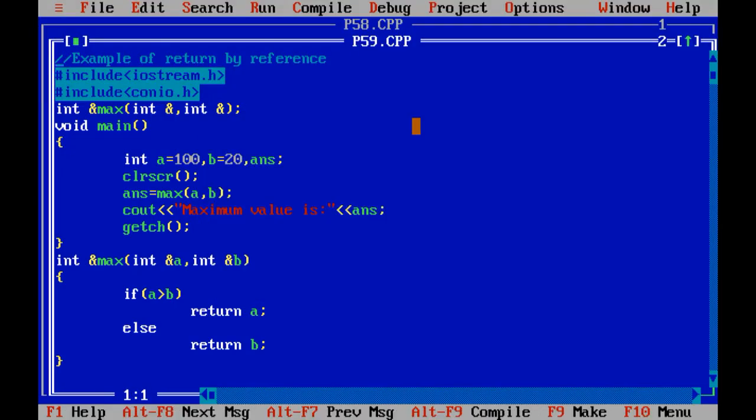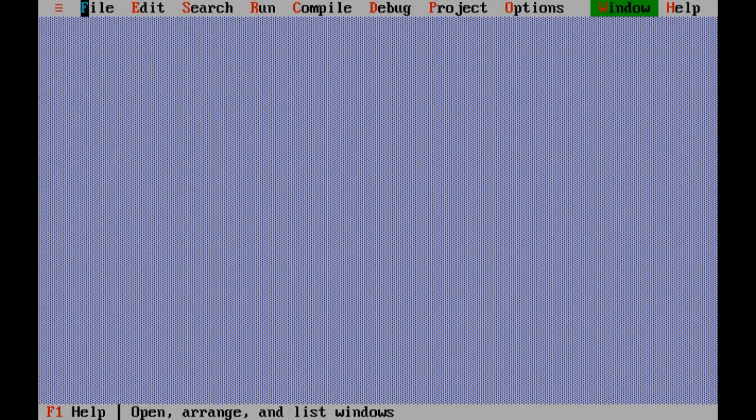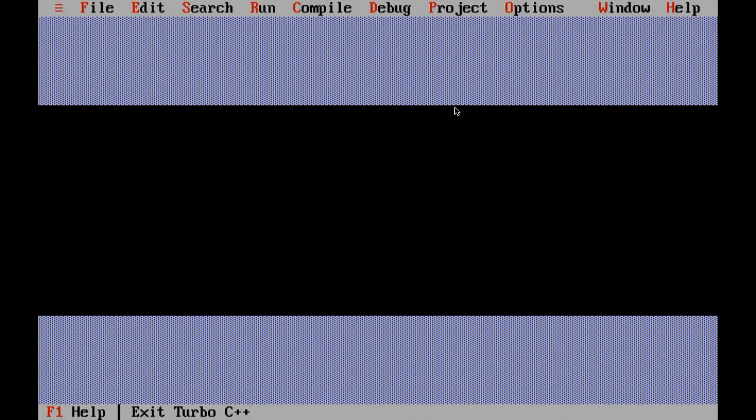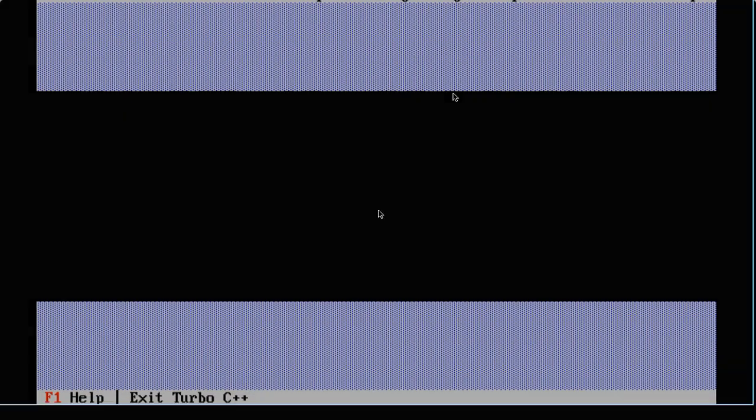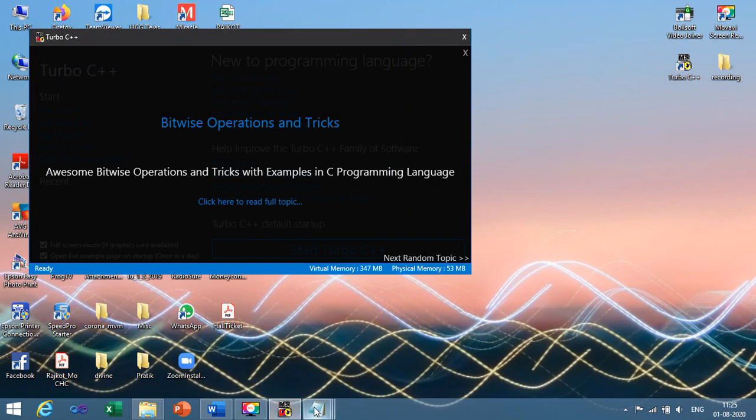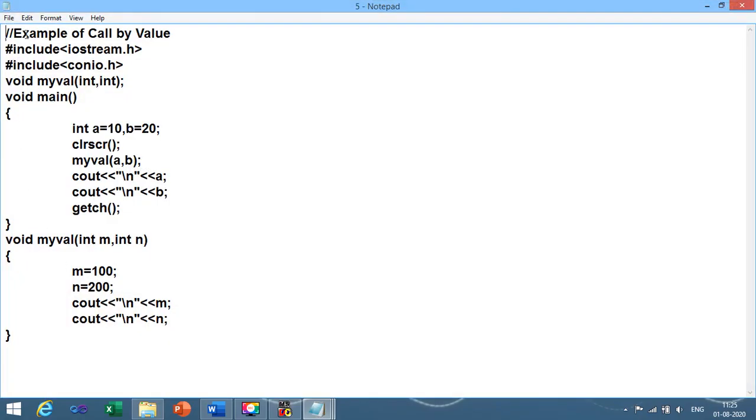Let me share the programs which we have performed today, which you need to write in the journal. This is the first program of today's session, that is call by value. Over here it is written 5, but you need to write program number 55 in the journal, because our unit is still continuing, right? Unit number 1, we are in that. This is the program number P56. This you need to write in the journal.